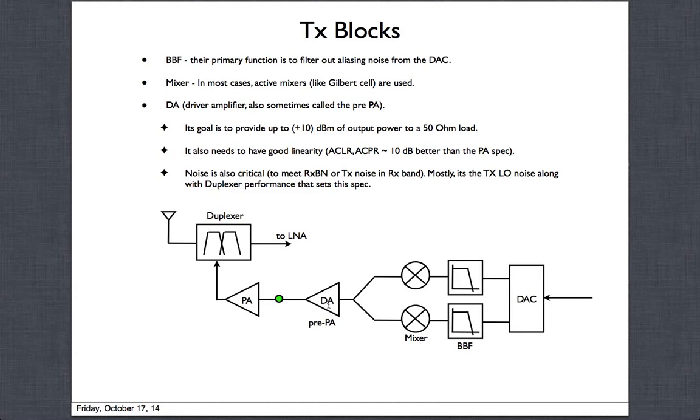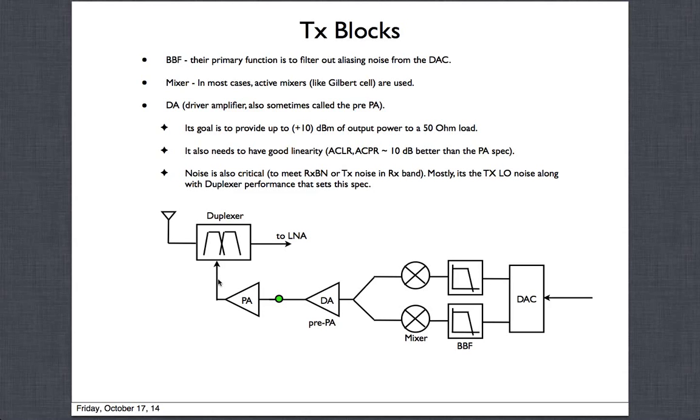So linearity is very, very important, and the other thing which is very important is the noise. All these things are going to add noise, and the noise is going to go out, and it's the far away noise. That is, we have the TX band and we have the RX band. How much noise is actually going to be there in the RX band? That is critical. That is what we call RXBN, or RX band noise. Okay, so there is a spec for that also, and that actually eventually drives, right? So if you take the noise here, which is going to be in the RX band, it's actually far away. It's not in the TX band at all. It is further out, right?